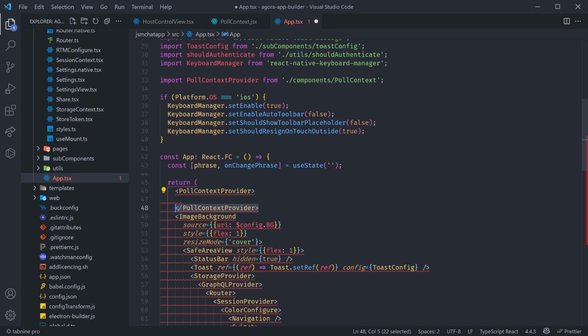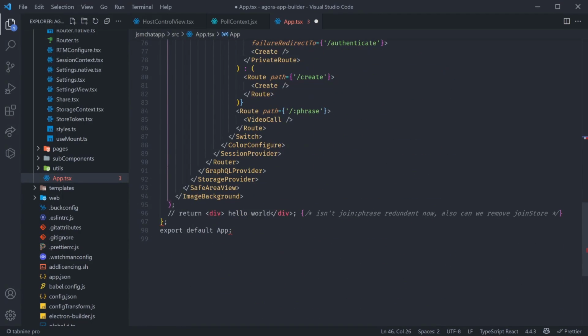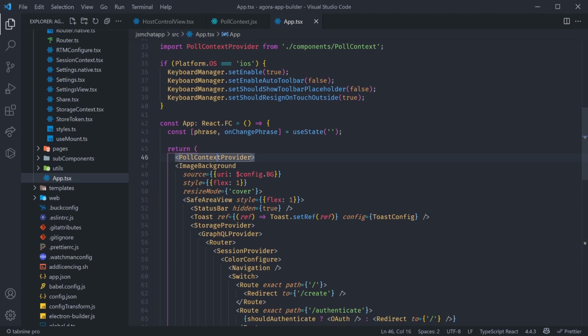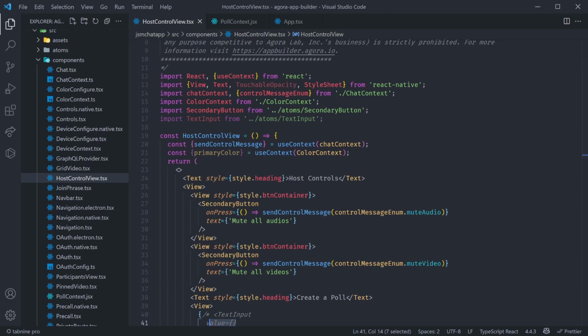I'm going to copy the ending tag and simply put it at the end, just before the closing parenthesis. There we go. Now our entire application has access to our context state. Now you might be wondering, how can we actually use that state? So let's go into our host control view and let's make use of that question state we created in the